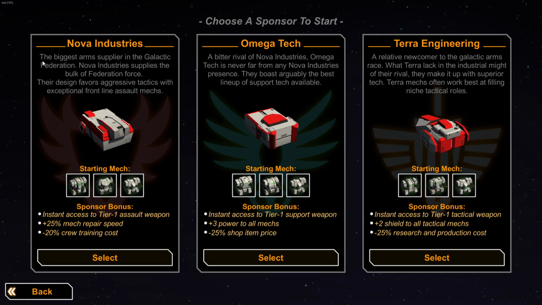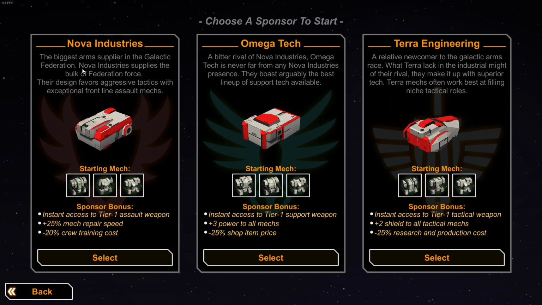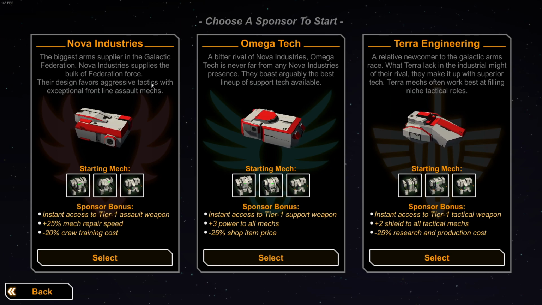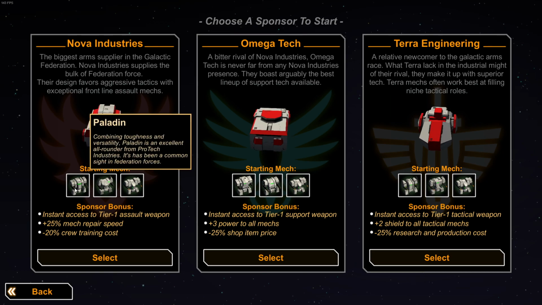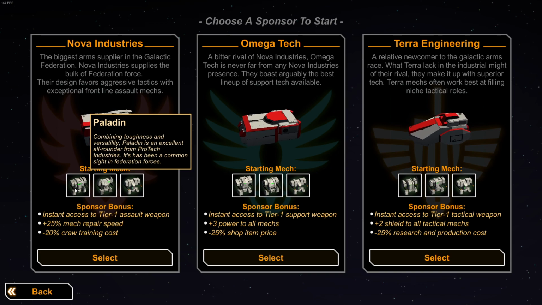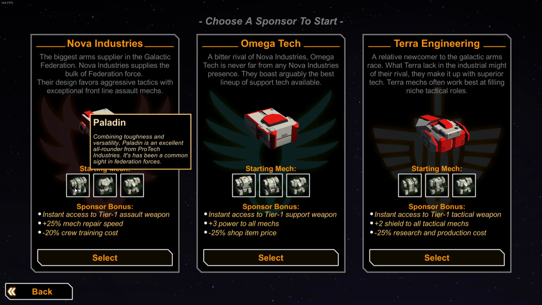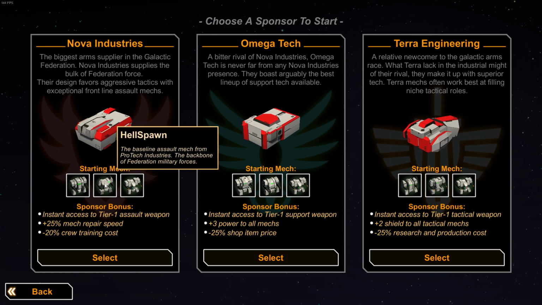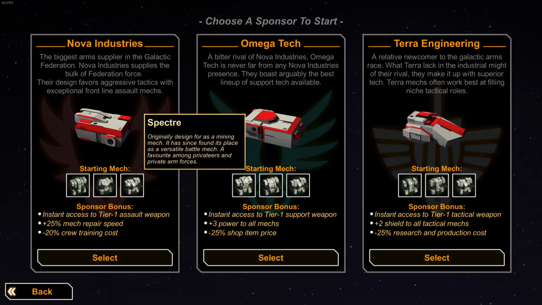Nova Industries, the biggest arms supplier in the Galactic Federation. Nova Industries supplies the bulk of Federation force. Their design favors aggressive tactics with exceptional frontline assault mechs. Starting mechs are the Paladin. Combining toughness and versatility, Paladin is an excellent all-rounder from ProTech Industries. It's been a common sight in Federation forces. The Hellspawn, the baseline assault mech from ProTech Industries, the backbone of Federation military forces, and the Spectre, originally designed